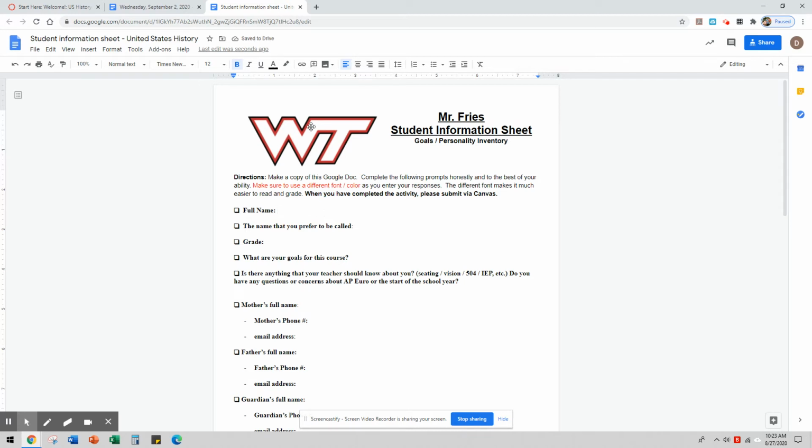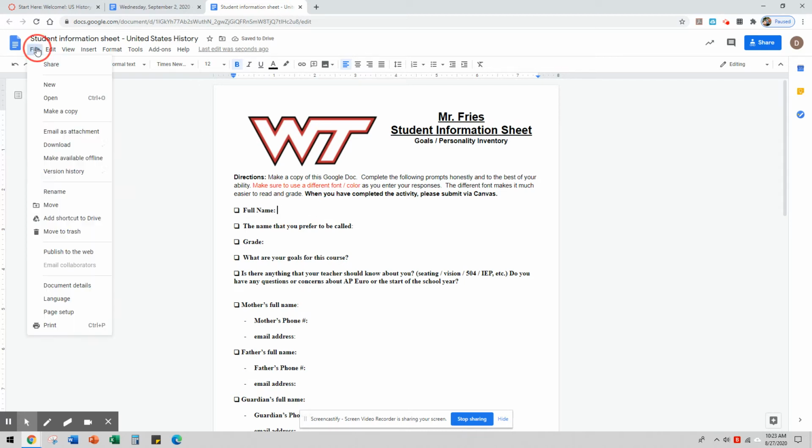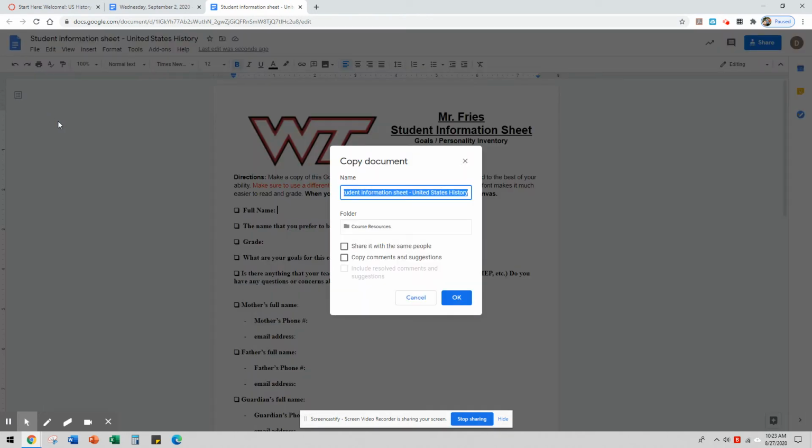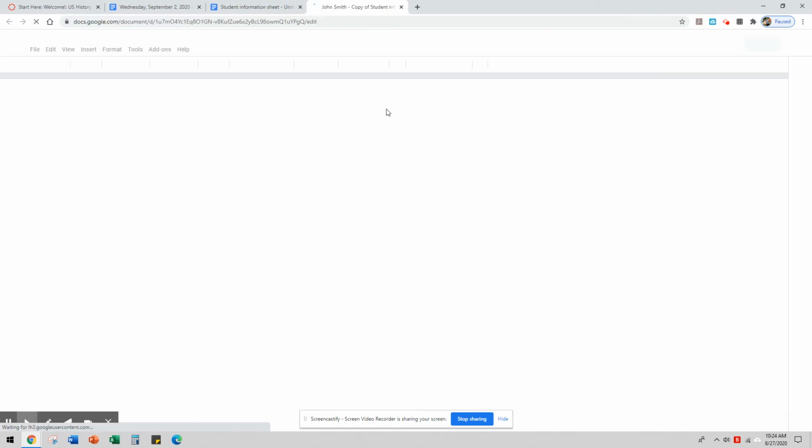So what you need to do is make a copy of the Google Doc. So you will go to File and go to the drop-down menu here. Go to where it says Make a Copy, and that copy, you can rename it. So if your name is John Smith, you can put John Smith right there and rename it. Once you rename it, you will press OK, and it will open up a new document that you guys will